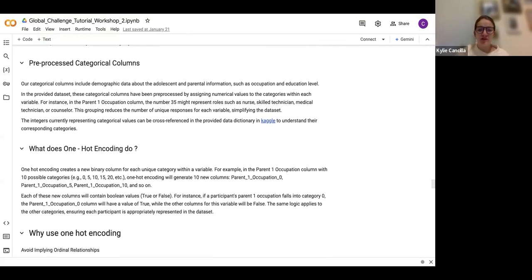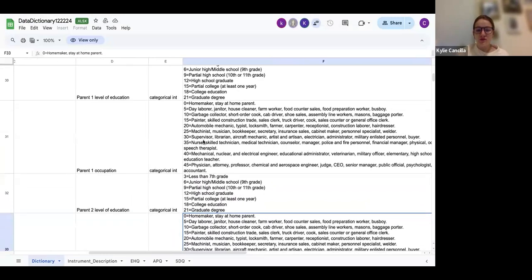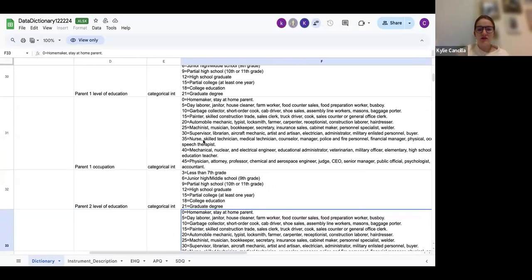Before we do that, I'm going to direct us to the data dictionary that gives us details on our categorical data, because our categorical data frame has been pre-processed beforehand. So these categorical columns include demographic data about adolescents, and also parental information such as occupation and education level. But as I said, this data set has been pre-processed by assigning numerical values to the categories within